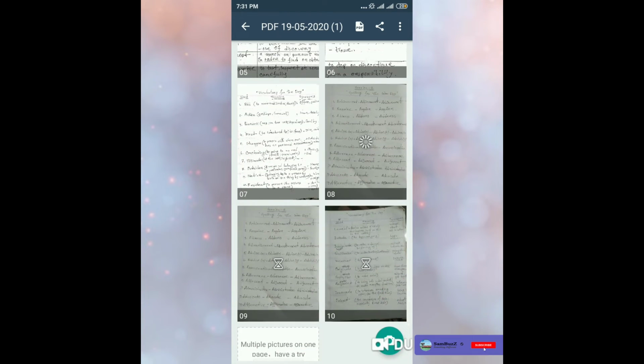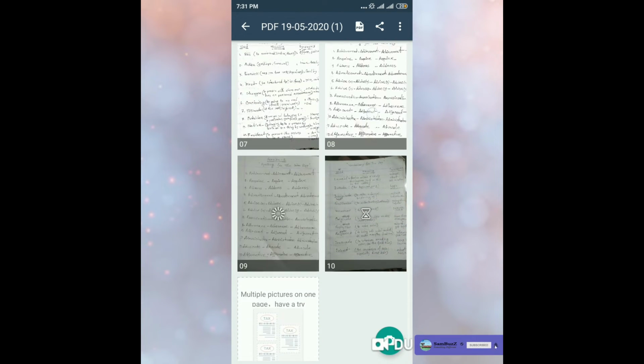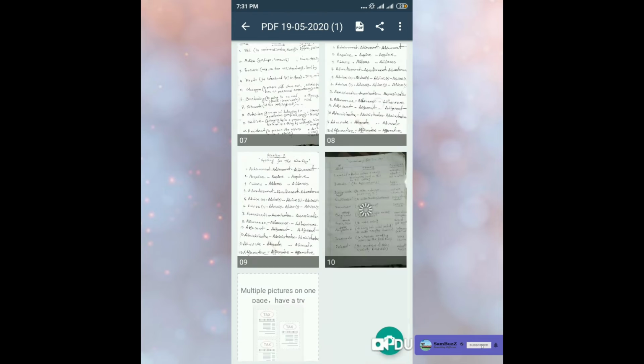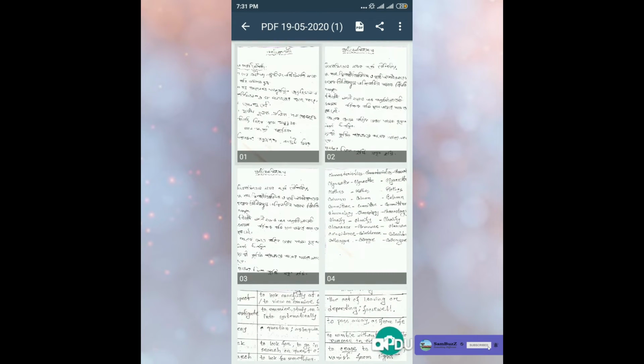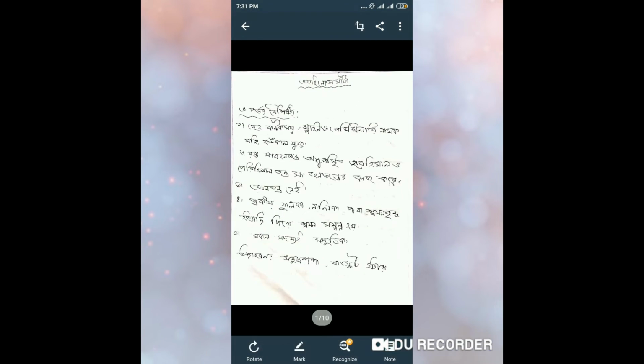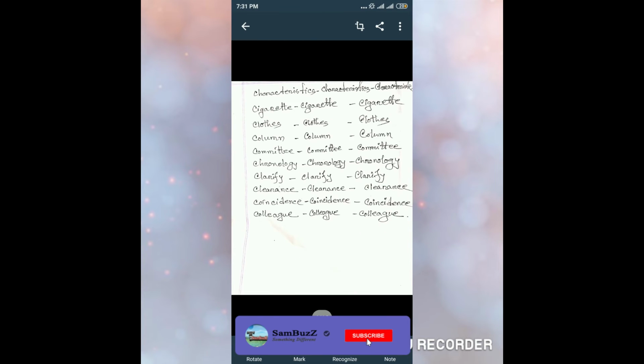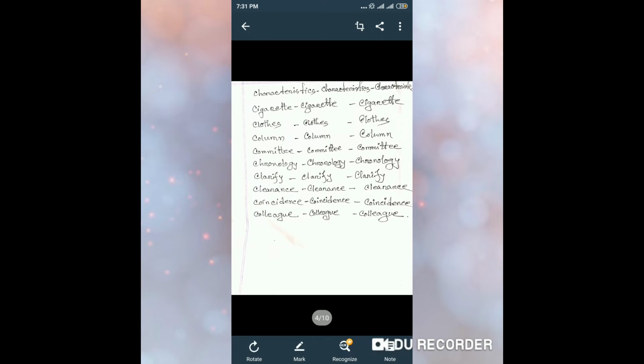You can see that it's processing because the CamScanner app is improvising your picture so that it looks crystal clear and looks like PDF. So let's see that everything is in right order. Yeah, I can see maybe something cropped here. Yeah, lesson 7. So you can fix them by your own,